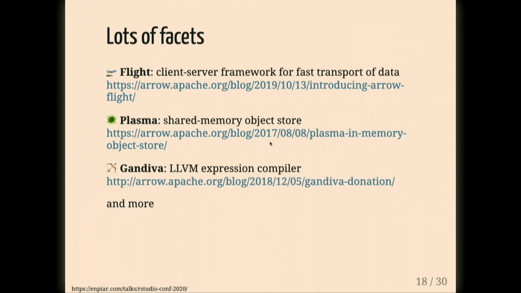Second, as I mentioned, there's a lot more going on than just the features I demoed in R. These projects here are part of the broader Arrow project, and they don't currently have R bindings. Hopefully this year, maybe we'll get some of those. One that's really cool, just to highlight one, is Flight, which is a client-server framework for shipping columnar data around the network. Some folks have been using it and have found it to be really fast and performant. So I'm really excited about seeing that in R as well.